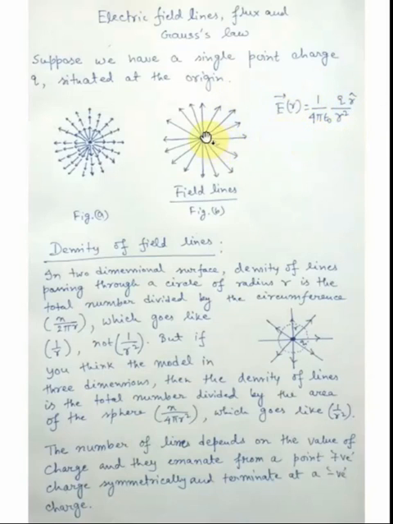So r is the distance from the charge to the point where we want to find the electric field, and r cap is the direction of the electric field from the charge. Now to get a picture of this field, we can sketch a few representative vectors, which is shown over here. Because the field falls off like 1 by r square, the vectors get shorter as you go further away from the origin, and they always point radially outward.